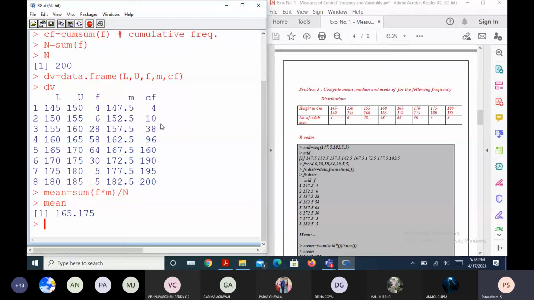Now you tell me the values which are greater than or equal to n by 2 here. In the CF column, it will be 160, 190, 195, 200. Now what value among these do we want? Just greater than, so we'll take 160. Just greater than, is it the minimum value of these greater than values? You said 160, 190, 195, 200 are the values which are greater than or equal to n by 2. Among that, just greater than, is it the minimum?